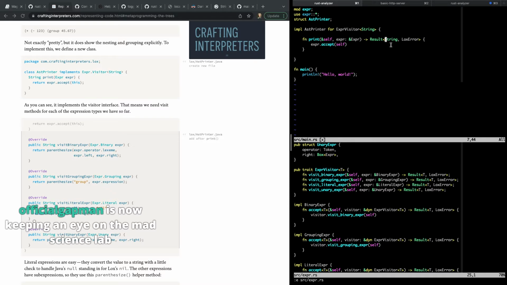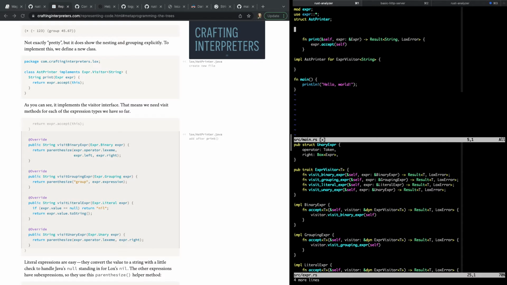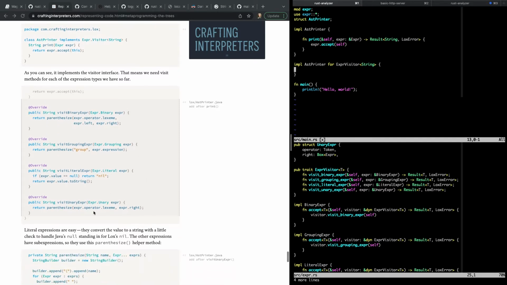Okay. Let's see. Yeah, can we do self here, or maybe there's some thing here that we can just refer to this type without having to use the word string again. I bet you there's a way to do that. All right, so if we do this, oh, this is actually not part of this. This is impl Ast Printer, right? Because we're not to impl the Expr visitor, we can only put these things in here, and that's what these are. All right, so fn,